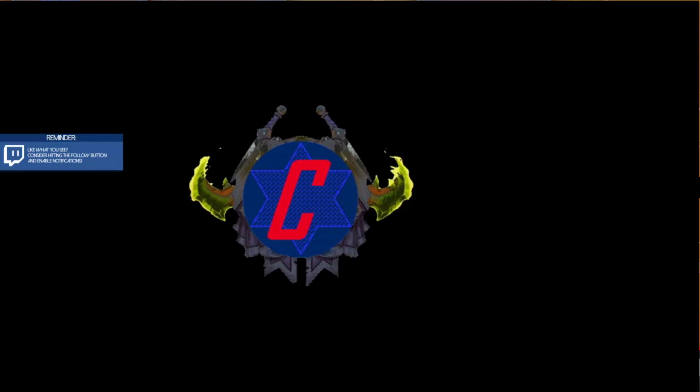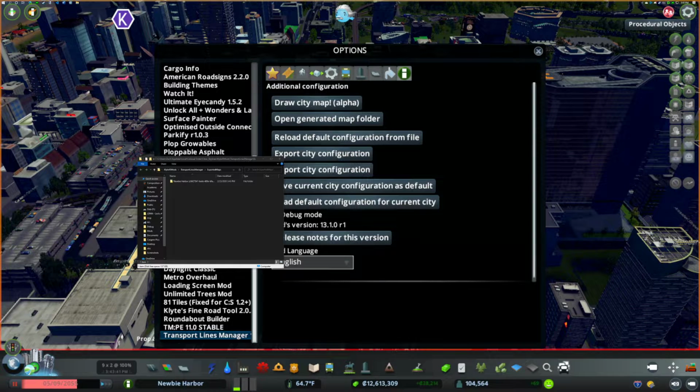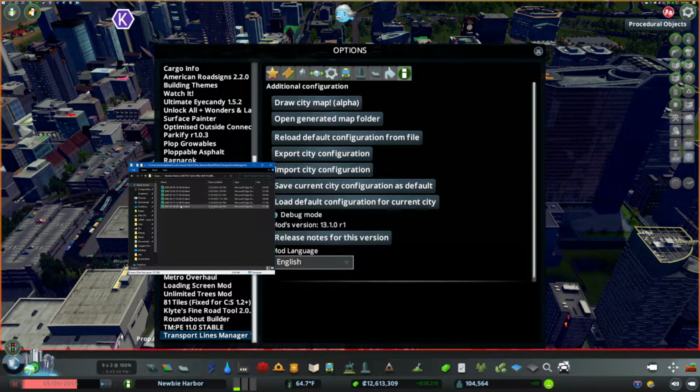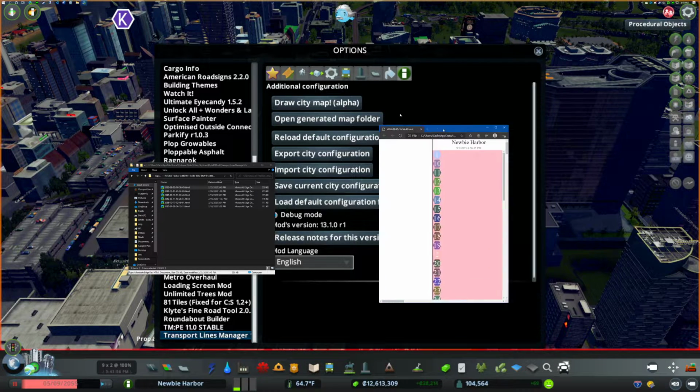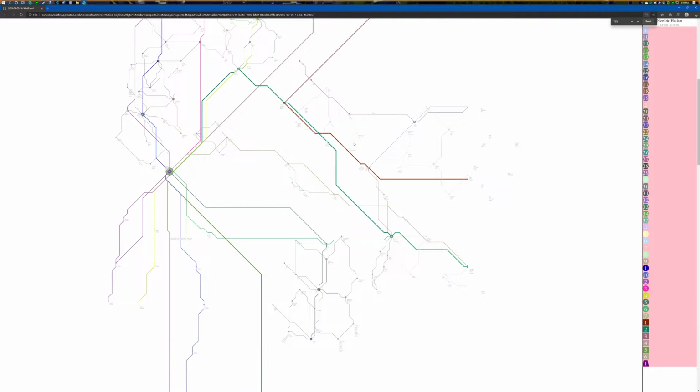There we go. Oh, got a transition there. We don't need that. Go away. So if I go ahead and open this up, and then we see here, where is the exact file? So last modified, this one. Here we go. And now I can go ahead and it pulled up this beautiful transportation map for me, for